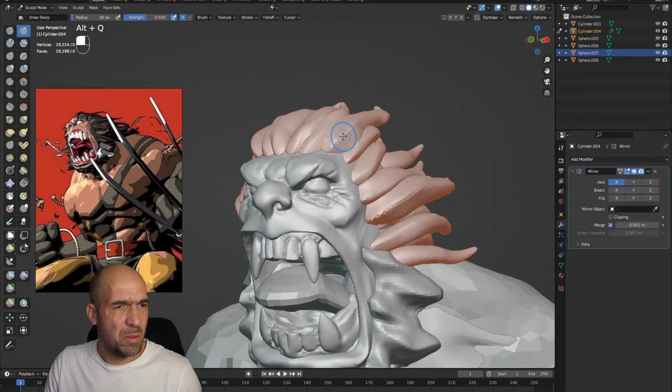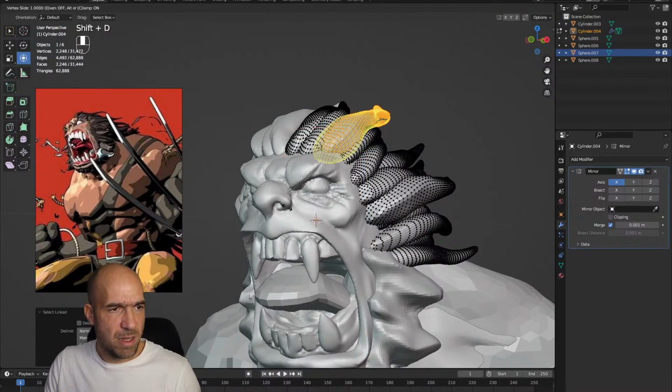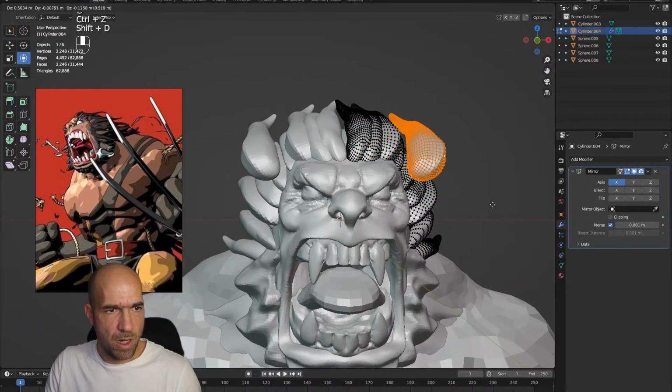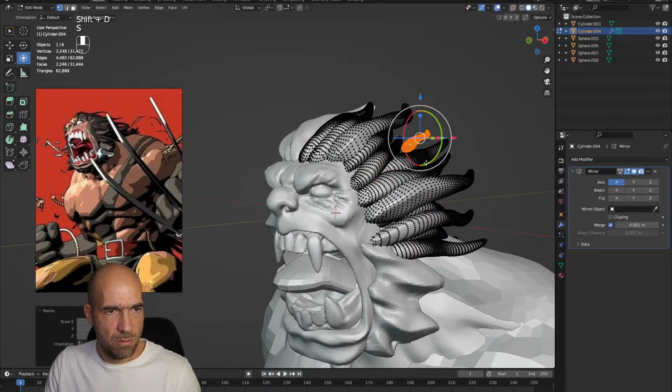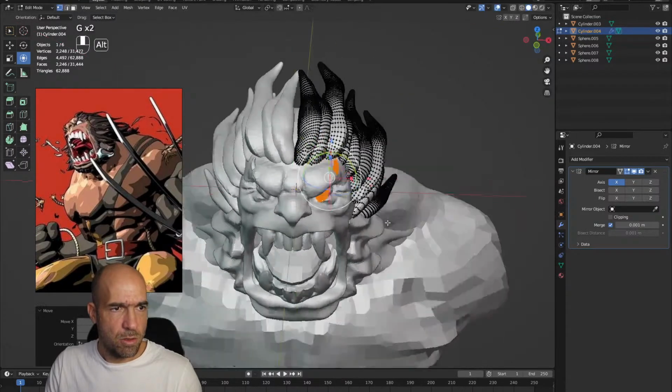By the way, I like to put some eyebrows. Just get some of these. Oops, what's happening? Okay. Scale it down. Rotate it here. In order to do this,